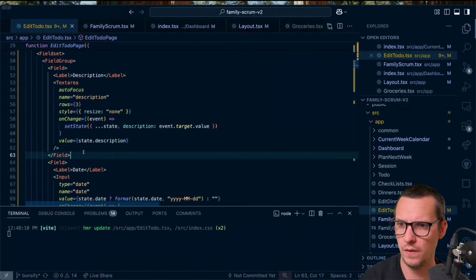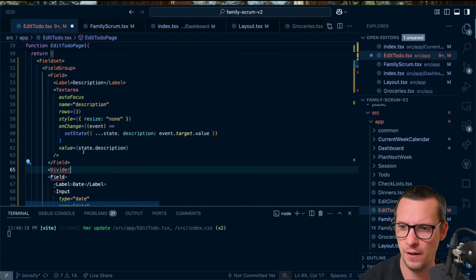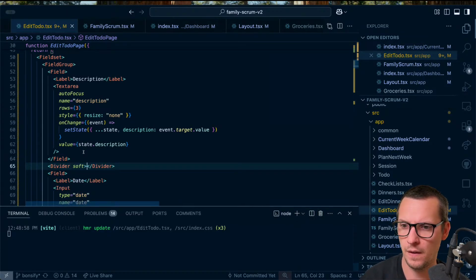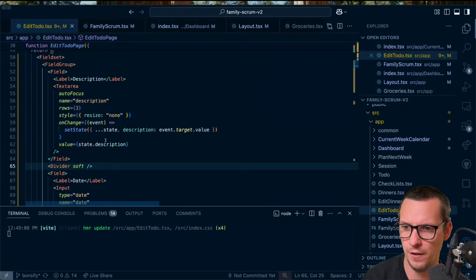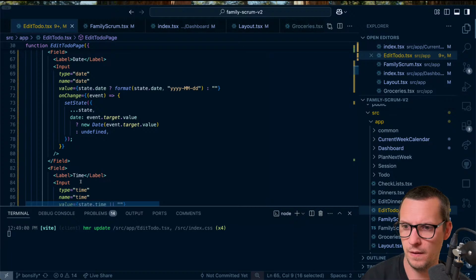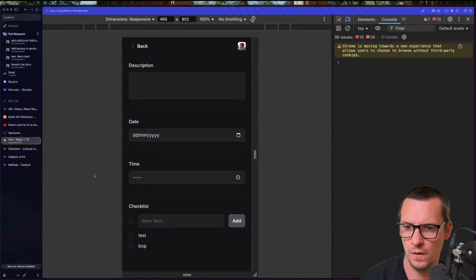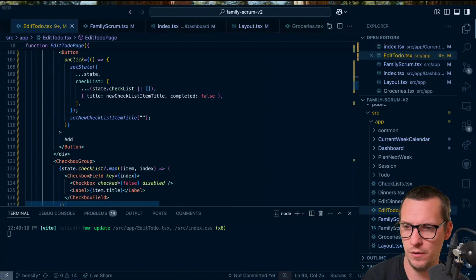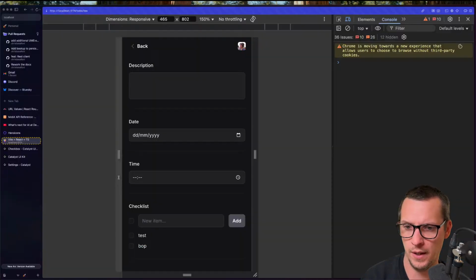Can I do that? So if I have a soft divider. Oh, look at that. Soft divider. And then we have soft divider at the very end, where I guess we want to have our